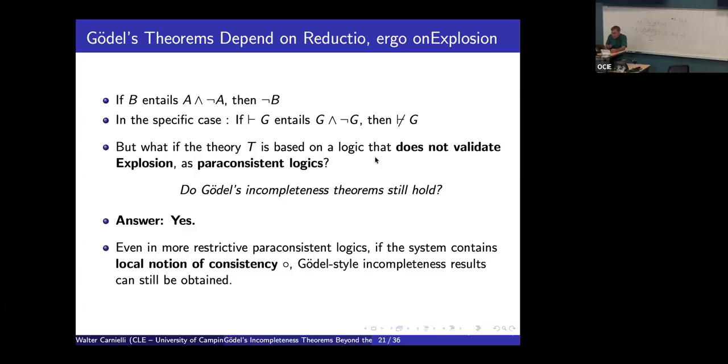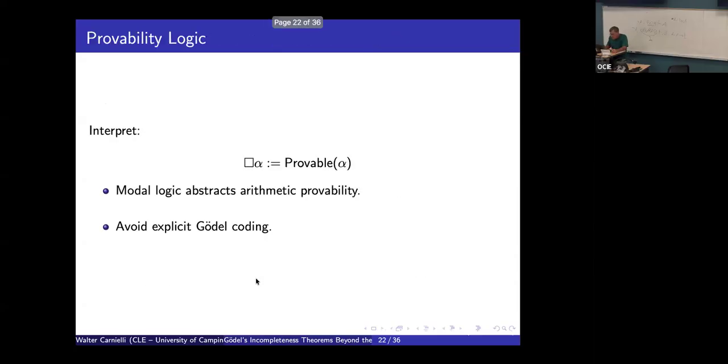Do paraconsistent logics, like my logic here, still satisfy Gödel's incompleteness theorem? The answer is yes, under certain conditions. I will try to show you what those conditions are. Even in more restrictive paraconsistent logics, if the system contains a local notion of consistency, my little white ball here, Gödel's incompleteness can still be obtained. So let's go to probability logic and